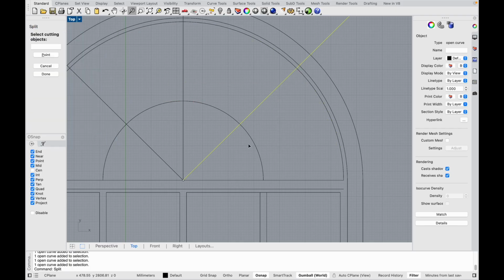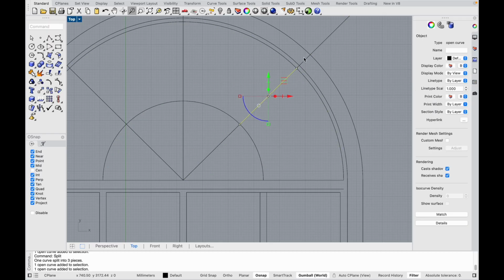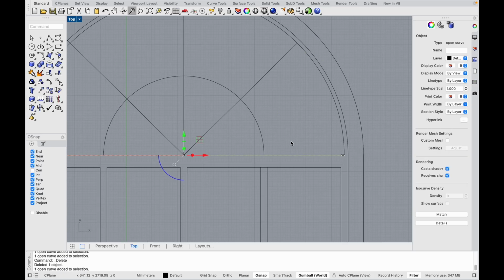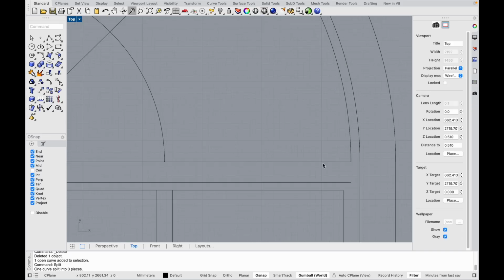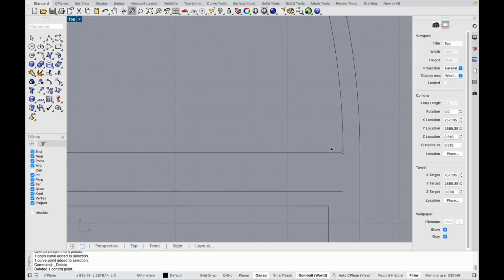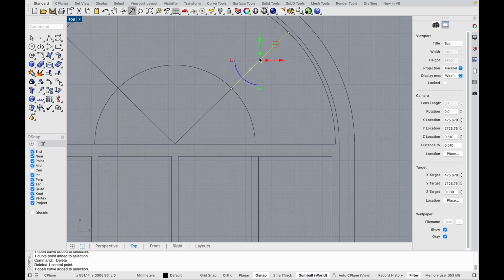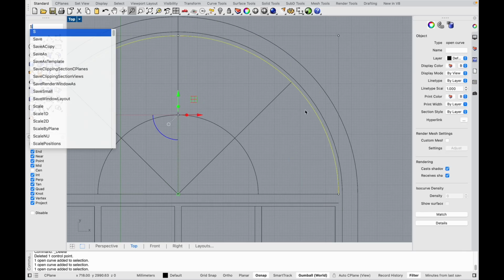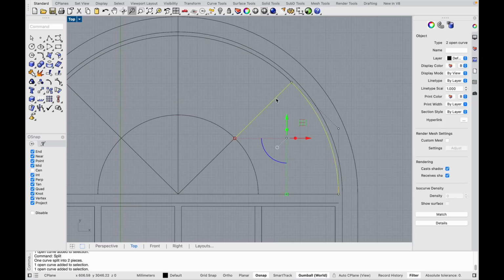We select it, type in split, and say that with these two curves, we want to split it into pieces. This one we don't need anymore, and this one we also need to split with this and this. Here we have some point. We don't need this point because here it should just be a very simple line. Okay, what do we need now? Also this one we have to split with this curve. So now what can we do? We can select this one and also split